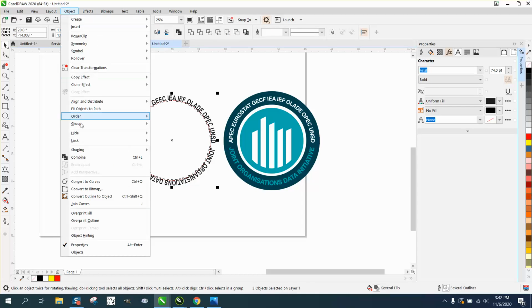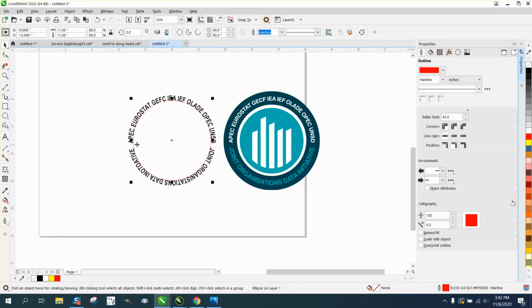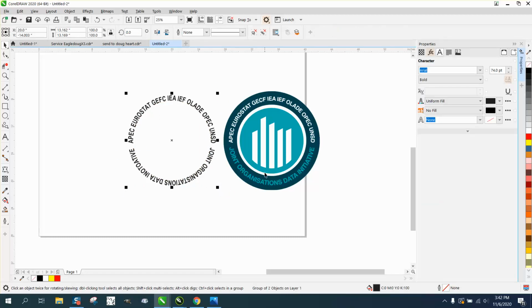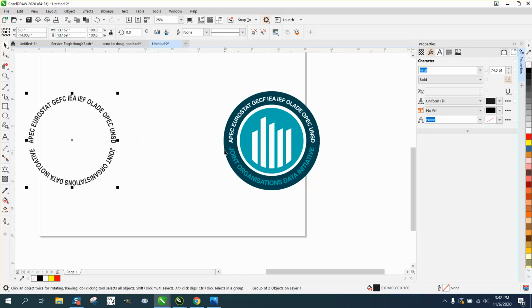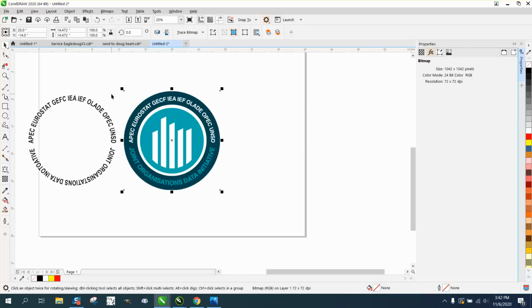So go up to Object. Well, we've already broken them apart. So now we can take this red line away just by hitting delete. But I want to group this together, Control G. We don't really need it for a second, so I'm going to nudge it out of the way. I'm going to put my other, so this circle is